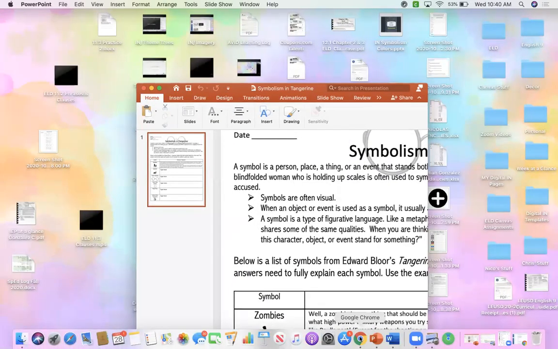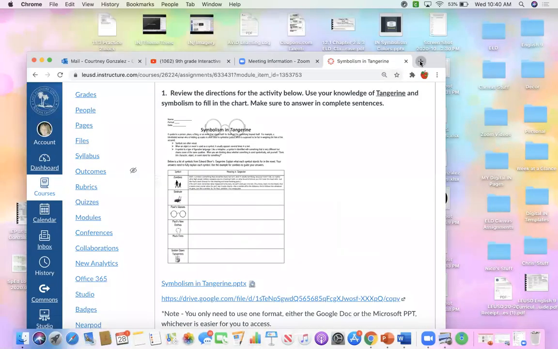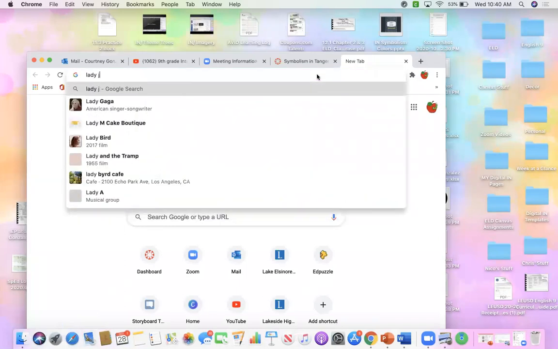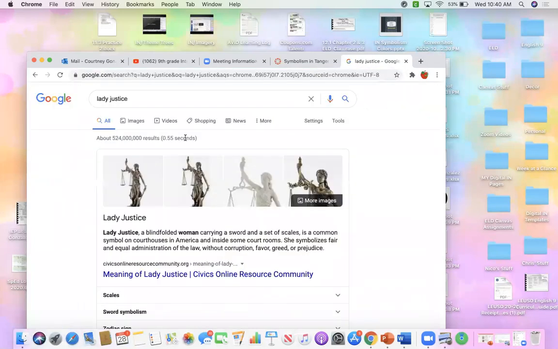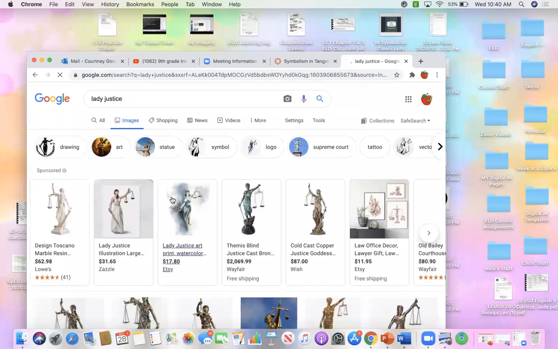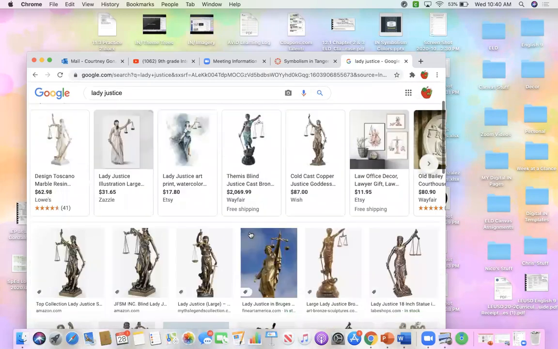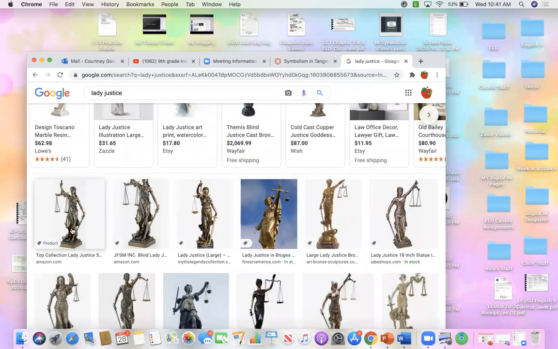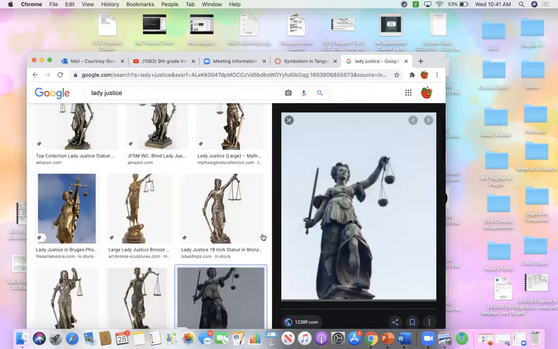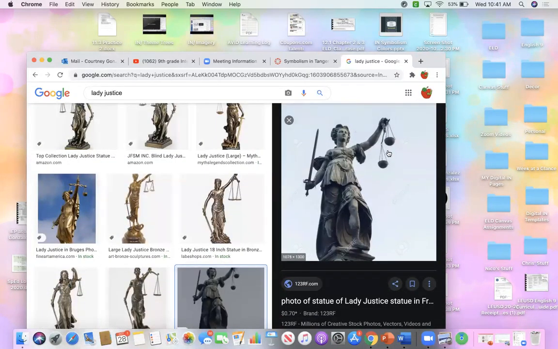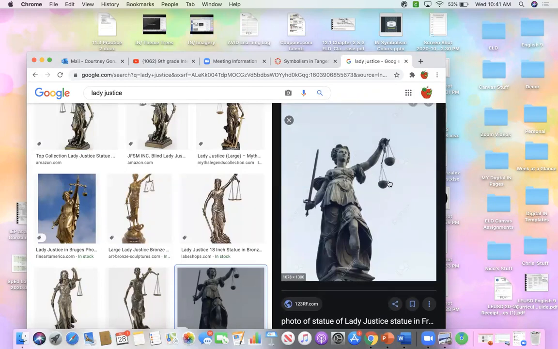Usually you can literally just Google justice or Lady Justice and see what that is. This is what I was just describing. This woman is very common to see in a courtroom, or here's a statue outside of one. Her name is Lady Justice, and she's meant to weigh the scales for justice, because when you hold those kind of scales, if they're uneven, one will be higher than the other, and you want everybody's